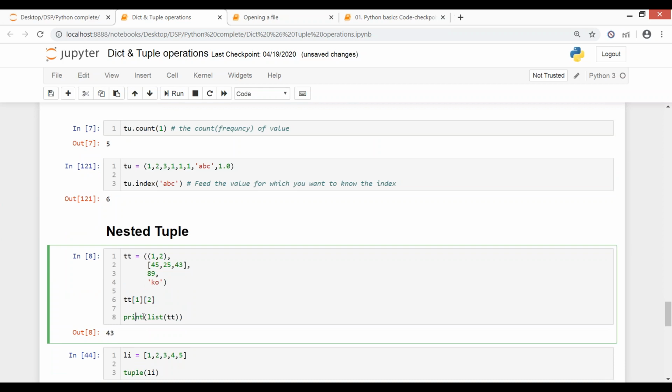And in order to convert a tuple to a list, you just have to write the keyword list here, and in round brackets, the name of the tuple you want to convert. If I do this, you see what was my tuple is now converted to a list. And how can we see that? We have square brackets now at the end, just like in a list. So you can do the type conversion as well.